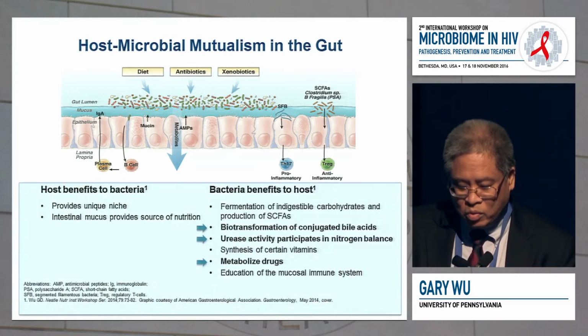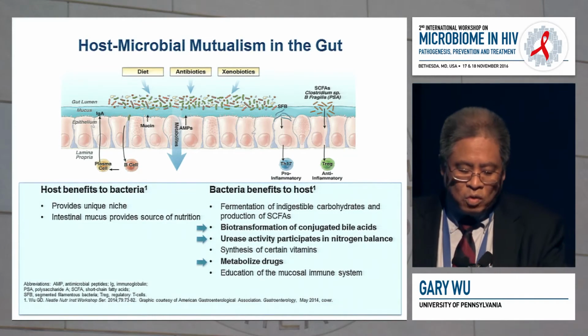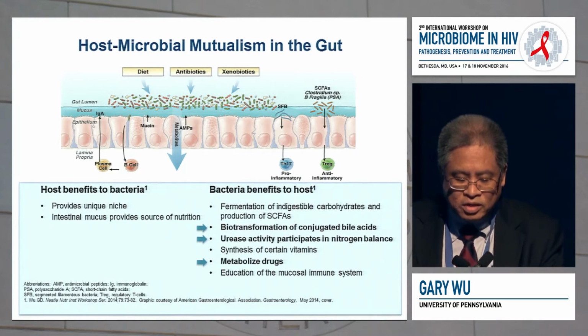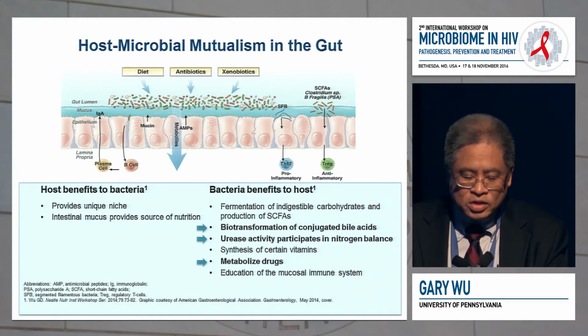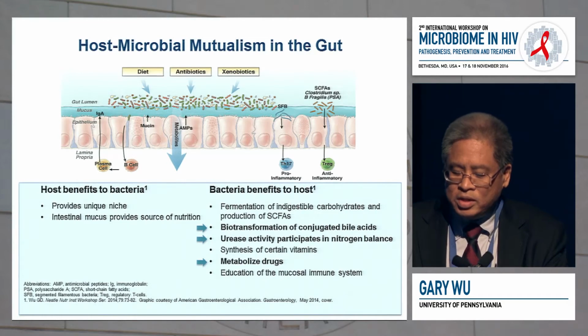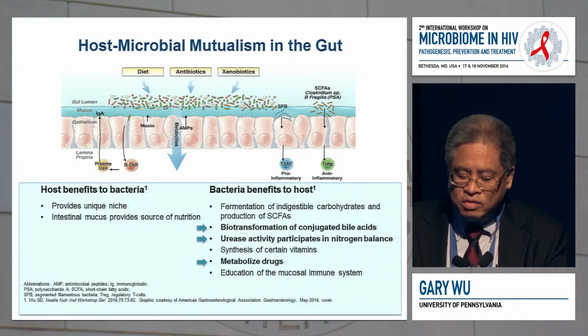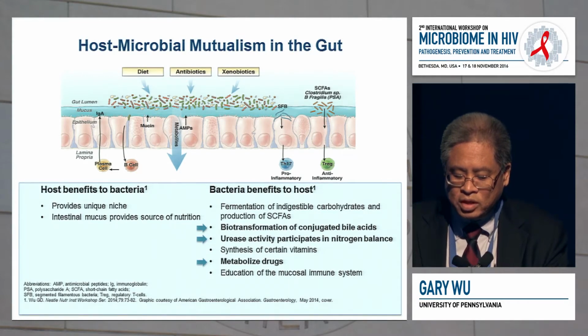But I think it's very important to recognize that we have co-evolved with our microbiota largely to live in a mutualistic relationship. This is something that was brought forth by Jeff Gordon probably over a decade ago, in that the host provides a lot of benefits to the bacteria, but then the bacteria provide a lot of benefits to us. And what I've highlighted here are just some interactions that are actually relevant to the liver.